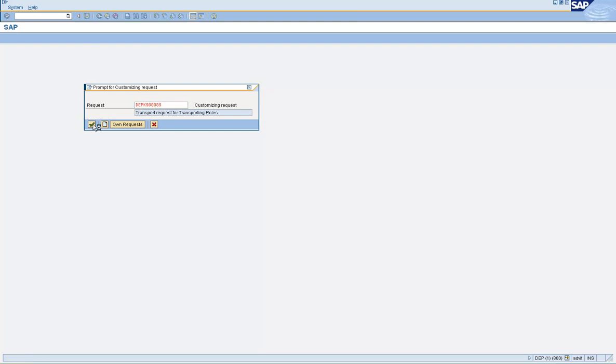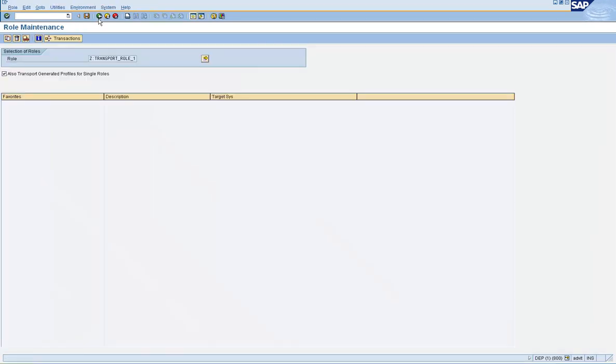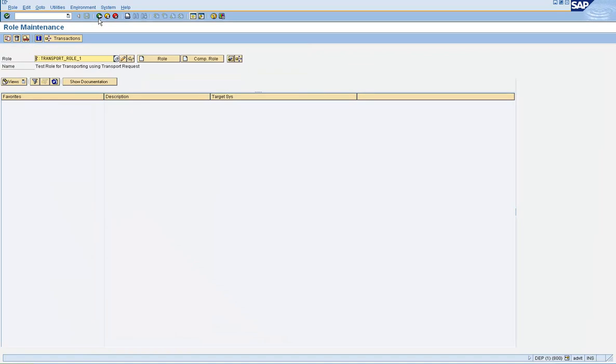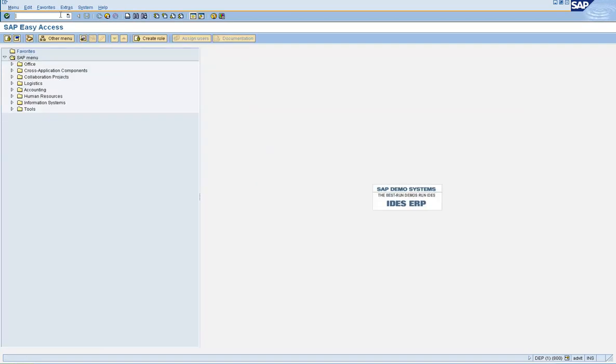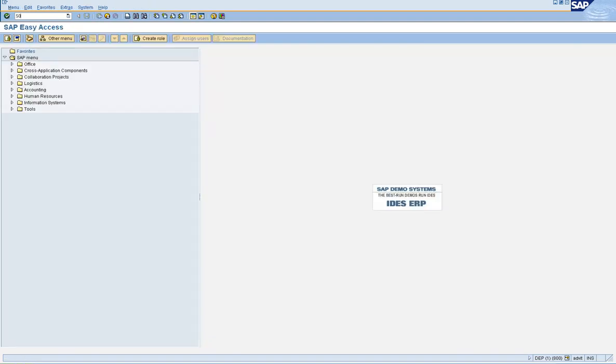Now if you want to transport the roles between clients in the same system, then you can use the transaction SSE1. But if you want to transport the roles between two systems, then the transport request that you created has to be released. To release the transport request, go to the transaction SE10 or SE09. They basically bring you to the same screen.